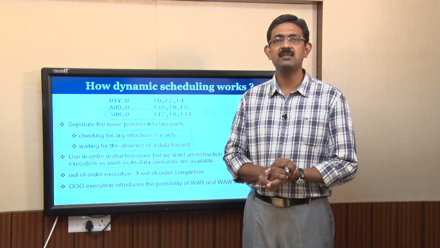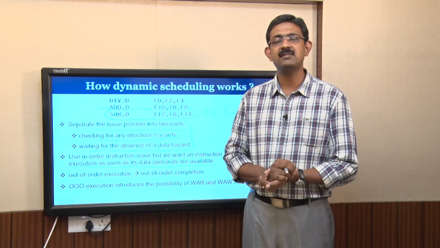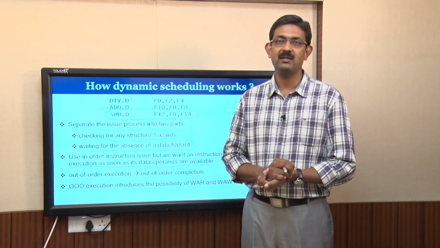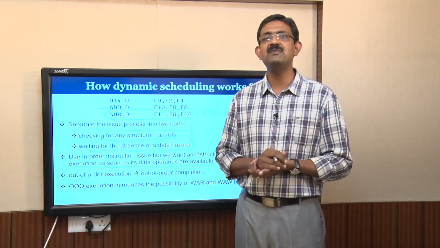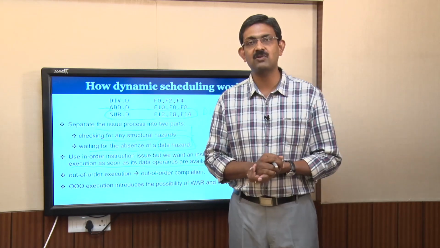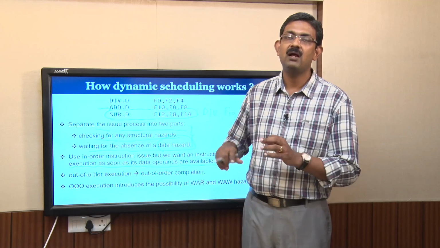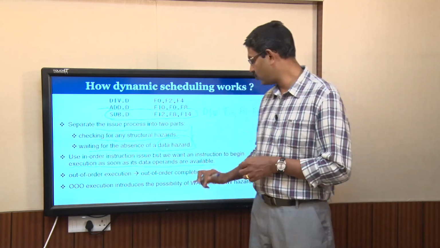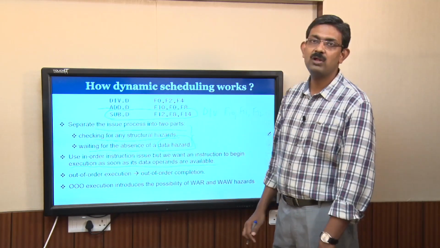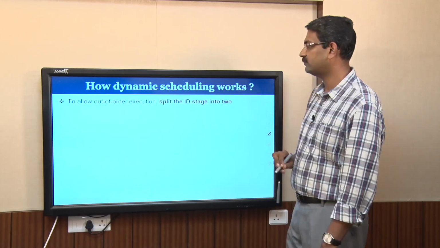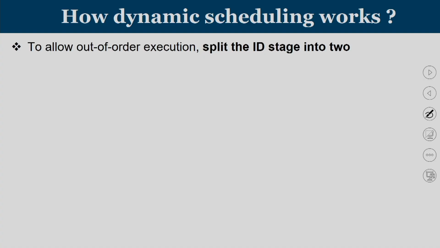At the time of discussing these hazards, we mentioned that such kind of hazard won't happen in an in order 5-stage pipeline. Now we have seen larger pipelines which take more than 5 cycles in the case of floating point division and multiplication, and we are now seeing out of order pipelines. This can lead to WAR and WAW hazards, but dynamic scheduling architectures will take care of it. So how does dynamic scheduling work?